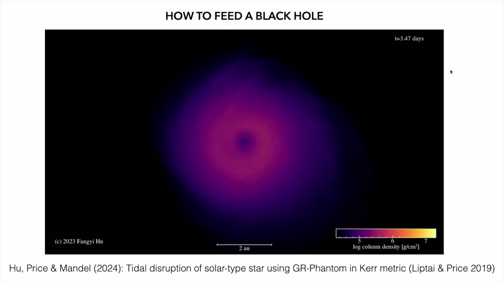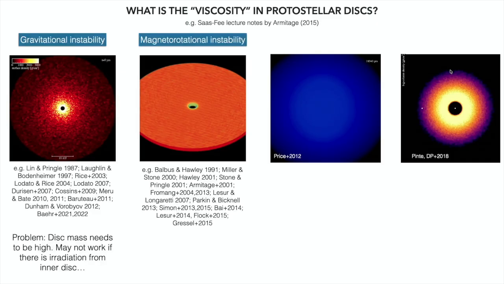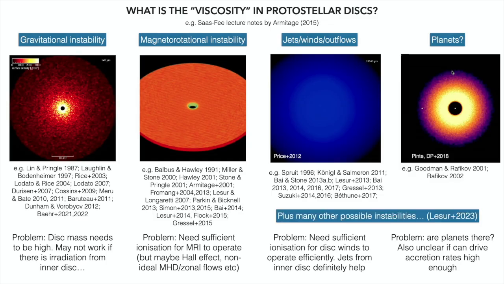If you want to make things accrete fast, you need some kind of thing which is not some sort of ring spreading in a disk. You want to make things directly cancel angular momentum. So that's sort of my takeaway here. So in some of this discussion about what's the viscosity, we're missing a bigger picture. This is kind of the small scale drip feed, which is not to say that these mechanisms don't operate, but we should not forget the bigger picture, which is just that the best way to transport angular momentum is just to cancel it. And that's my broad conclusion.